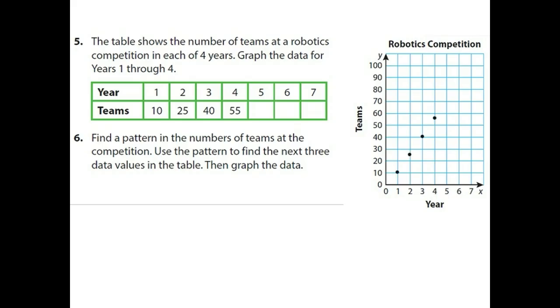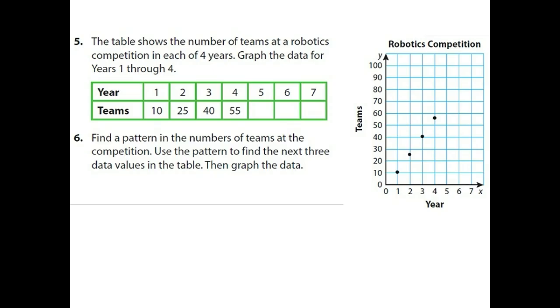So did you notice that you had to put them in between some of the numbers? You know, year 1 and 10, that's fine. But 2 and 25, you needed to put in between the 20 and 30, right? Because 25 is in between 20 and 30. And 3 is at 340, and at 4 again, you had to put them in between there. All right, so on this next one,